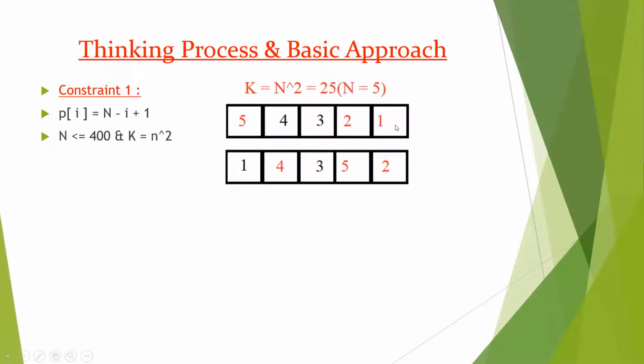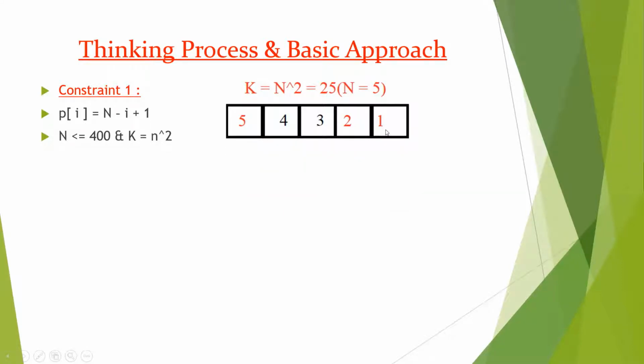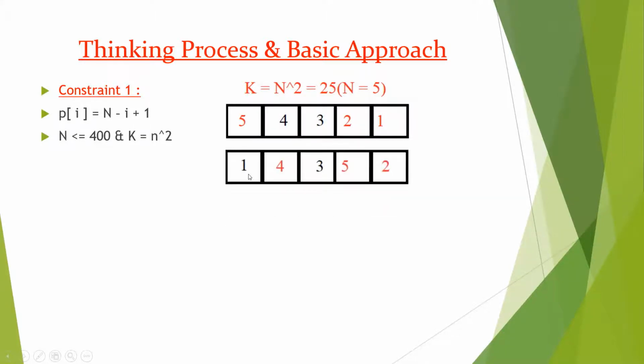So let's see. Suppose we take the element 1. 1 should be shifted to the position of 5. So 5 would be our second element. The third element can be chosen as any one among 4, 3, 2, such that it's not at its correct position. Here we see only 4 and 2 can be selected, as 3 is at its correct position. So we select 2. You can even select 4. Swapping would give the array as follows.